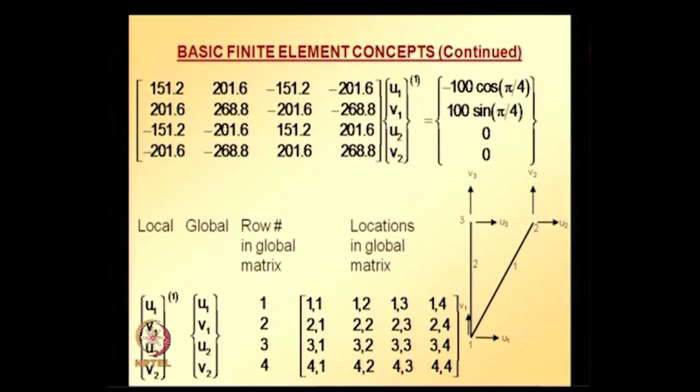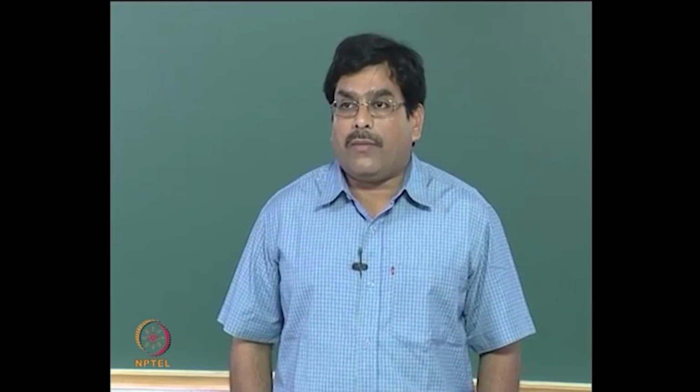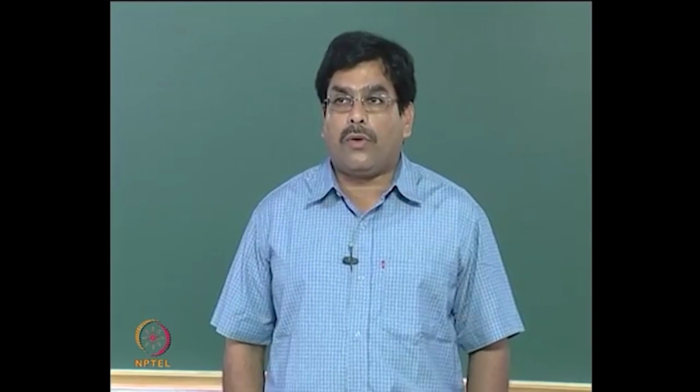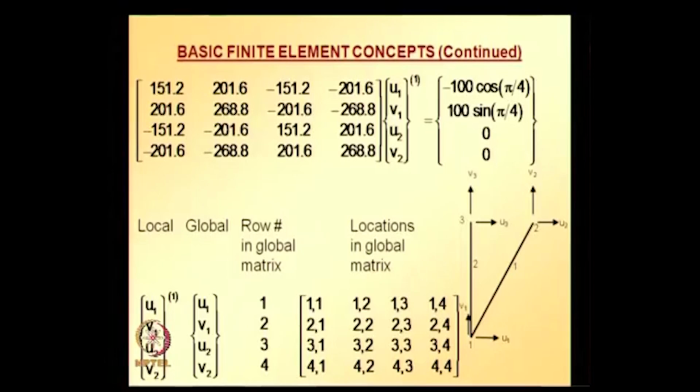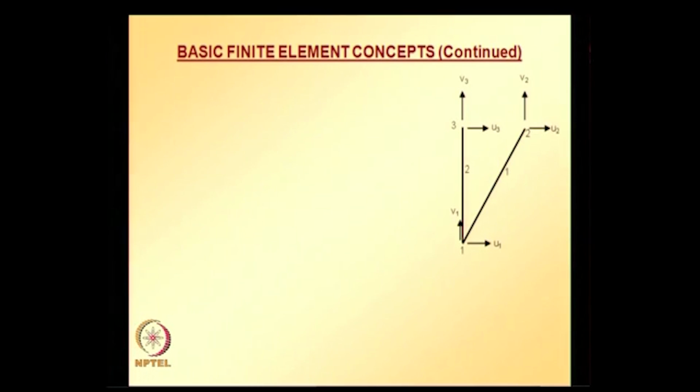So whatever is there at the 1 1 location in the element equation for element 1 goes into the location 1 1. Similarly, whatever is there at location 4 4 goes into the 4 4 location of the global equation system. So now let us look at the equation system for element 2. Element 2, local node 1 is 1, local node 2 is 3,